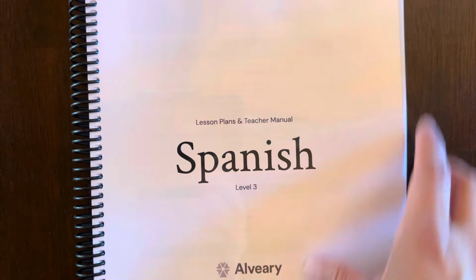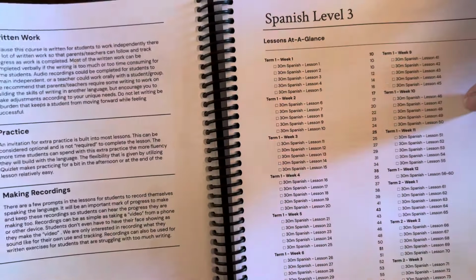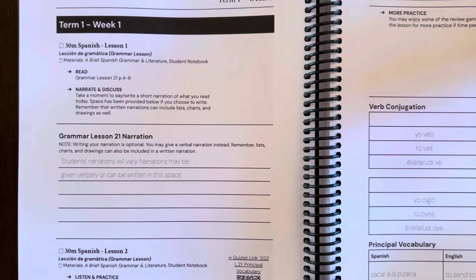So that is that. Then we will take a short little look at the teacher manual, which is exactly the same as the student manual. So if you're printing this, make sure that you get your files straight because I almost printed two of the same thing. I also believe that there are recordings of native speakers. I don't know where because I haven't fully looked at this in depth, but